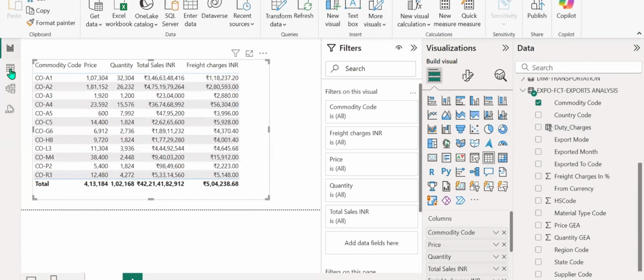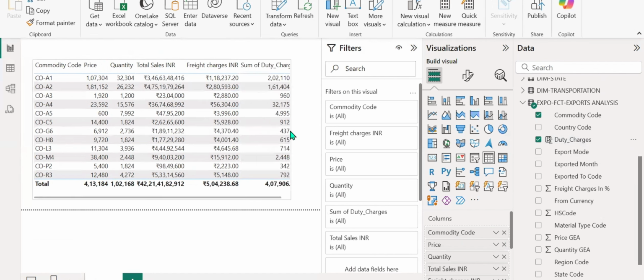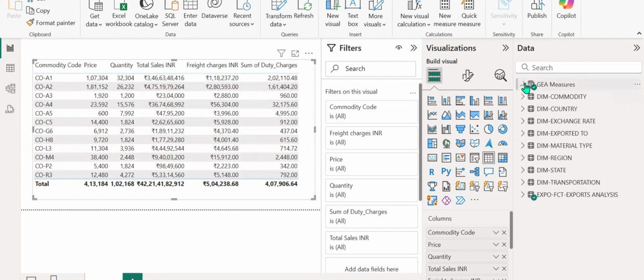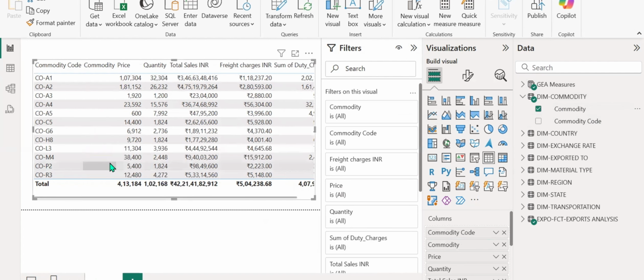Now let me go here and add duty charges over here. This is the duty charges for commodity A1. This is the freight charges, this is the duty charges. So this is the amount that we have paid for commodity A1. I can also add the commodity description so that you will understand. Where is that commodity? Commodity. Okay, and we are getting